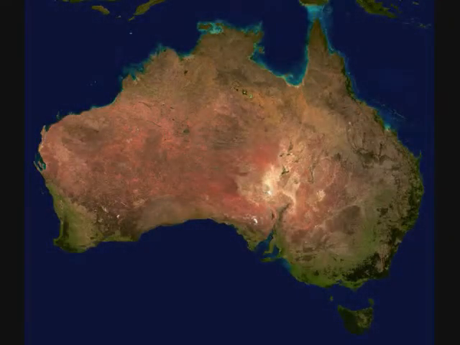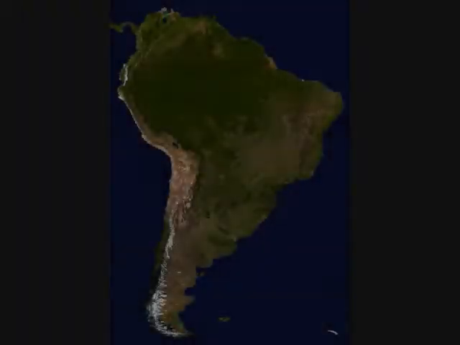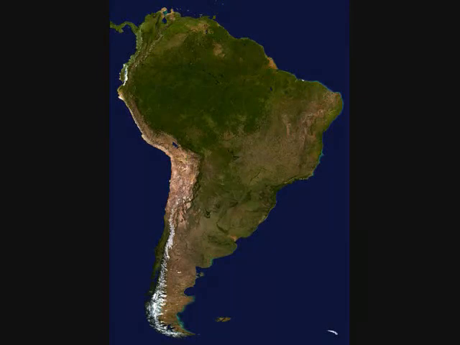Northern Australia is classified as a savanna. Eucalyptus trees take the place of acacias in the Australian savanna. Despite the fact that there is not too much diversity of animals over this area, there are many species of kangaroos in this savanna. South America also has savannas, but there are very few species that exist only in